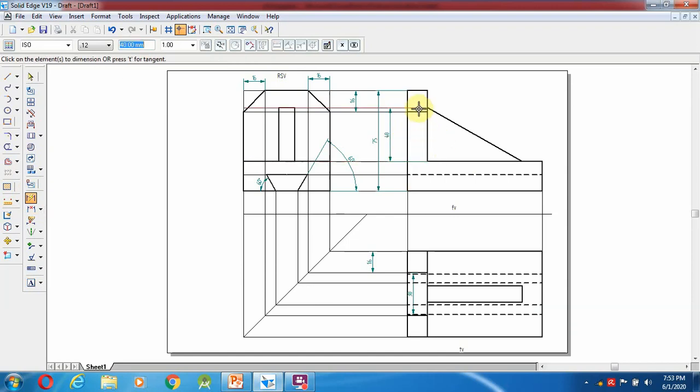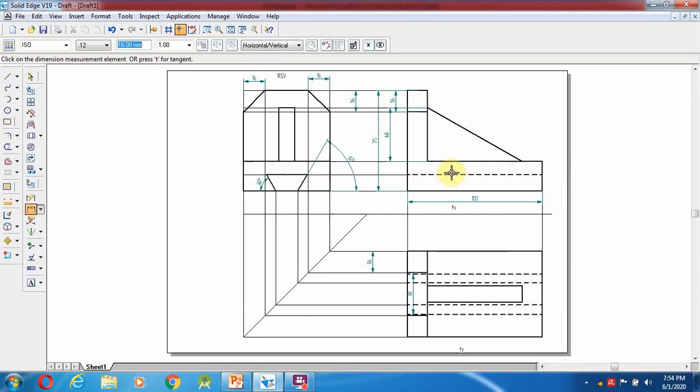Any one view can give the dimension. Then go on, select the distance from here to here, 16 mm.